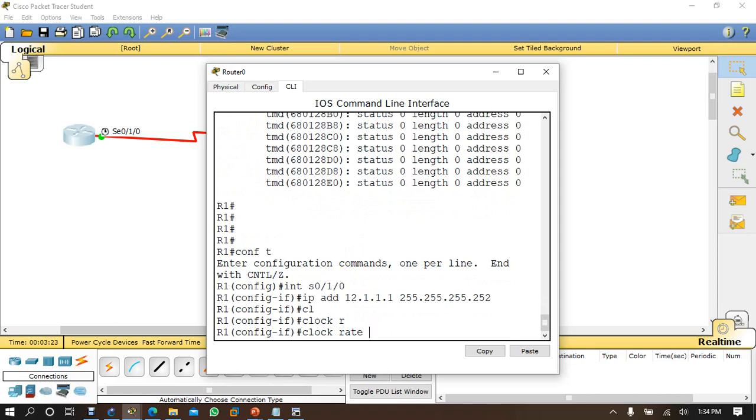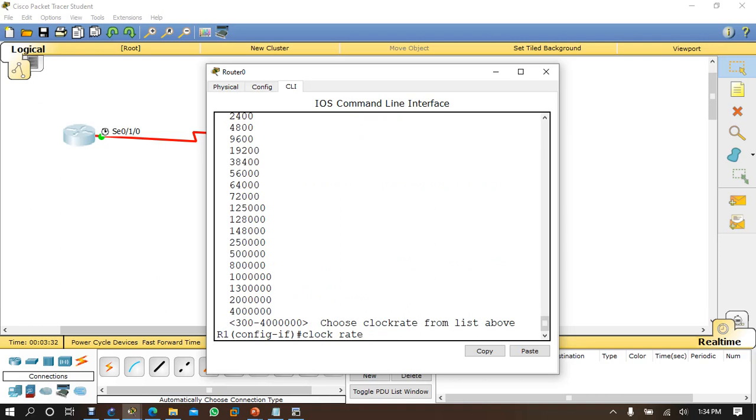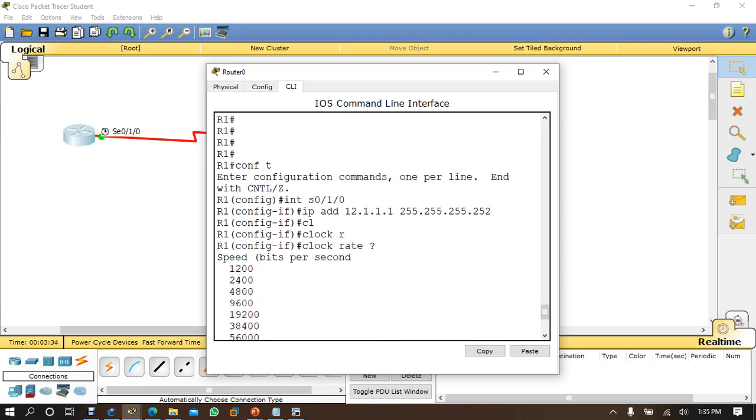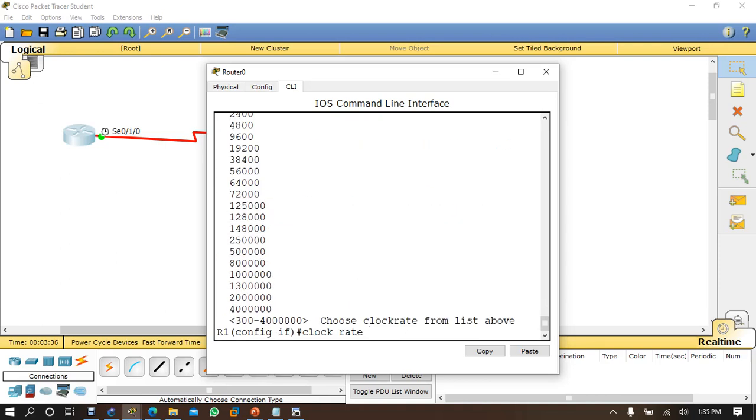Is it milliseconds or seconds? No, it's in milliseconds. Here you can say 64,000. If you put a question mark here, it will give you the clock rates that you can put. Normally there's no need to put it, because in the old routers we used to put the clock rate.